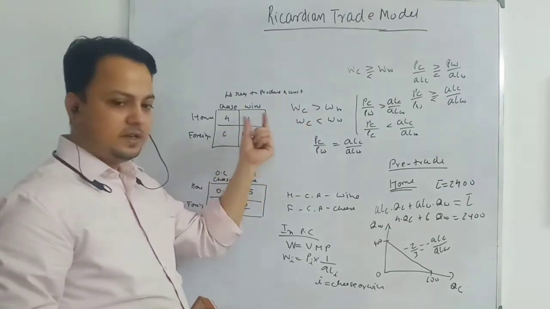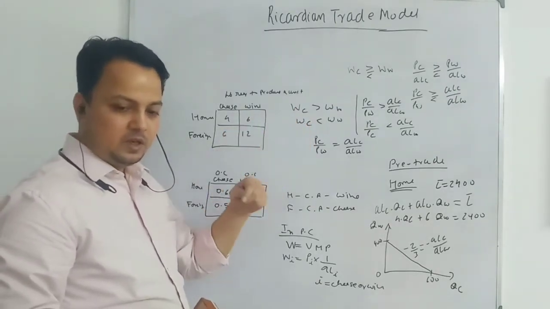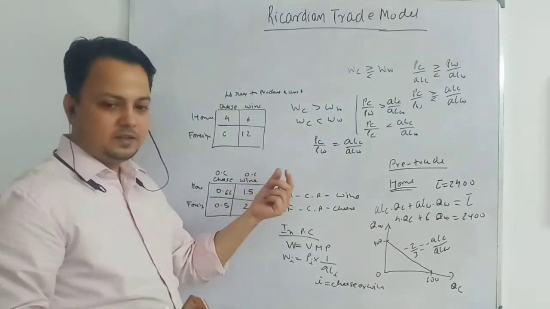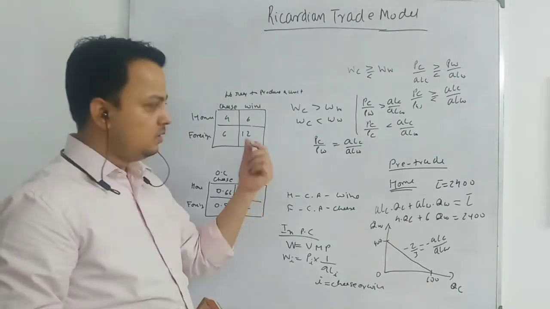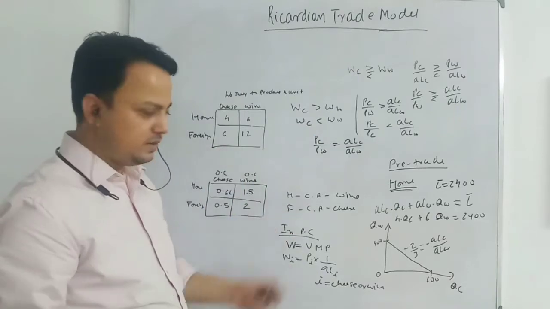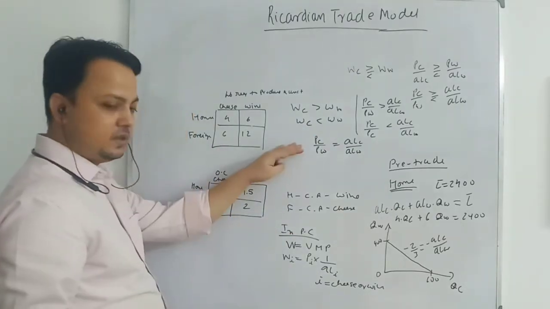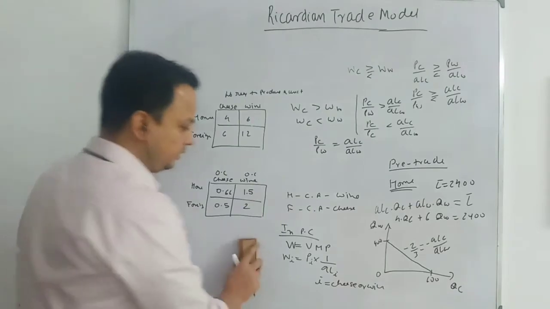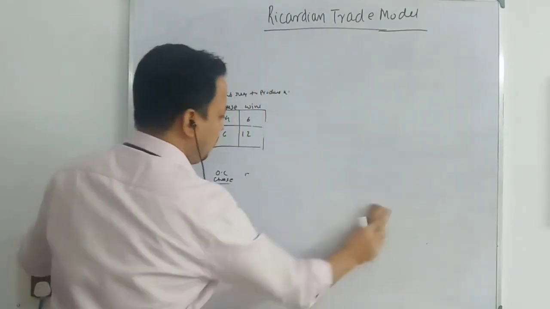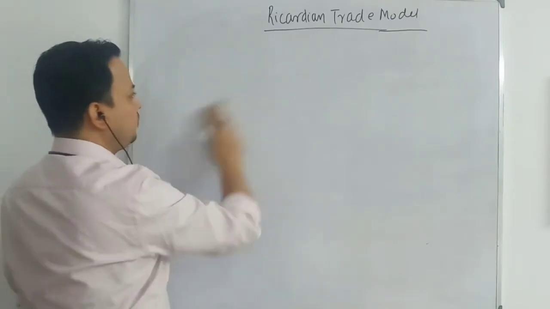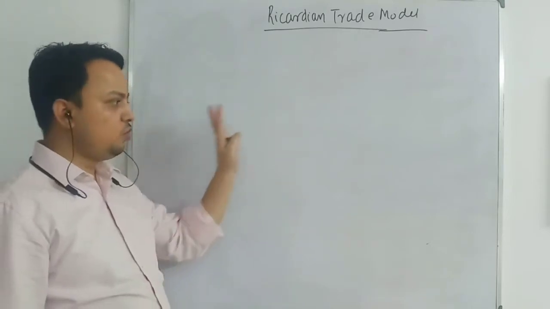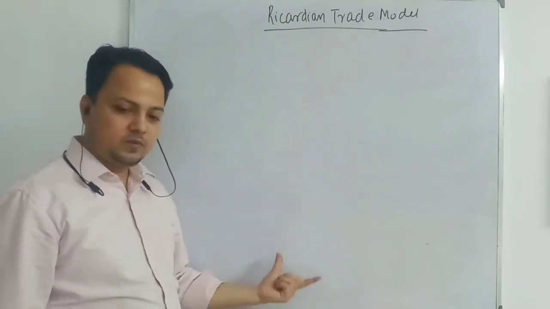International trade is mutually beneficial if a country can consume outside its production possibility frontier. This they can ask in the exam also: discuss how a country can gain by consuming outside its PPF. They can ask this kind of question also. So in that case, gain from trade, I am going to discuss. You can write this in words also. You need to remember it in this way, but you do not need to memorize it. It is just going with the flow.